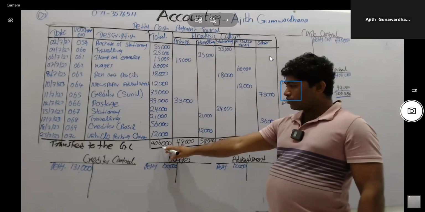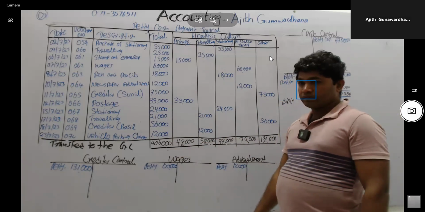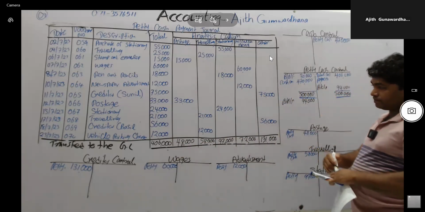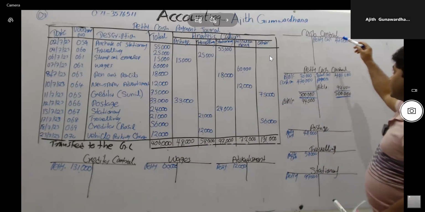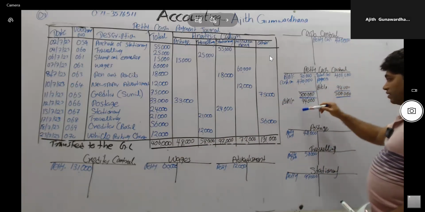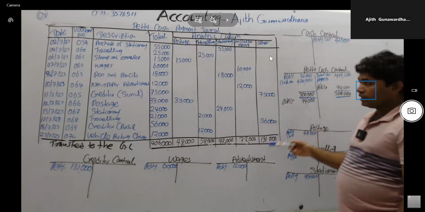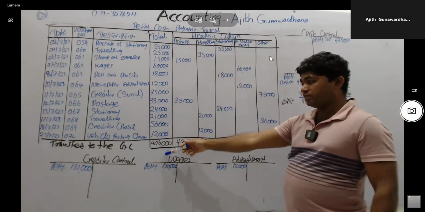Think total column total value equal 406,000. It is called reimbursement. ආපහු reimburse කරනවා බලන්න. Chief cashier දෙනවා cash account credit, petty cash control account debit. Value equal amount equal for previous month expense.